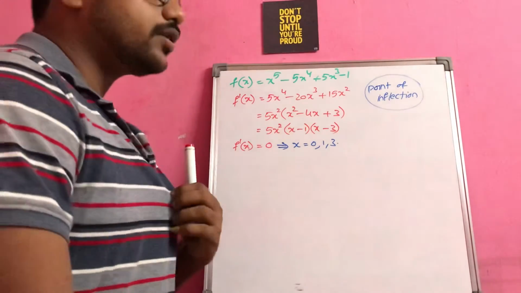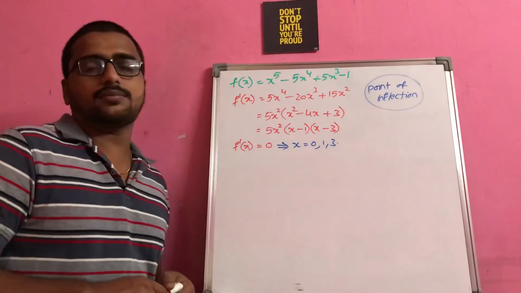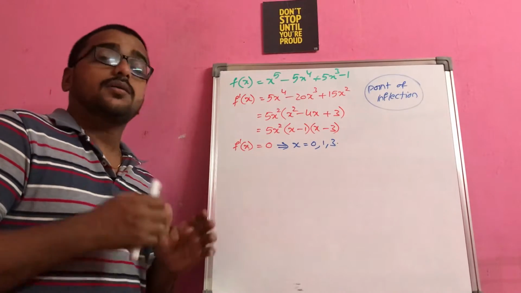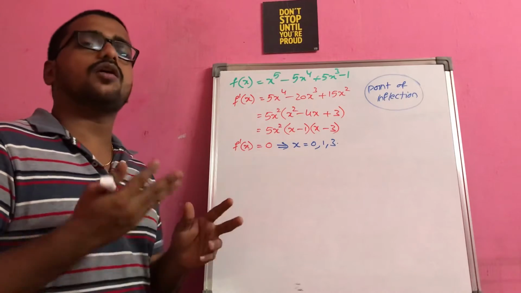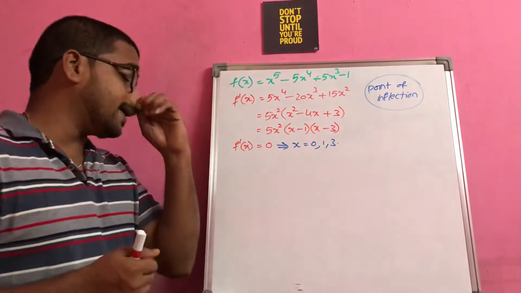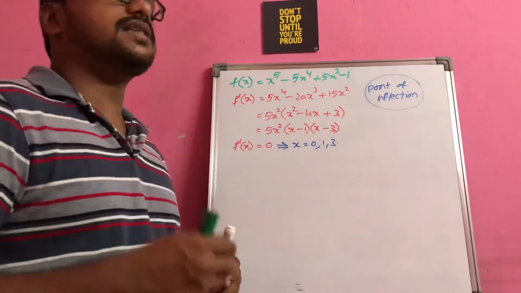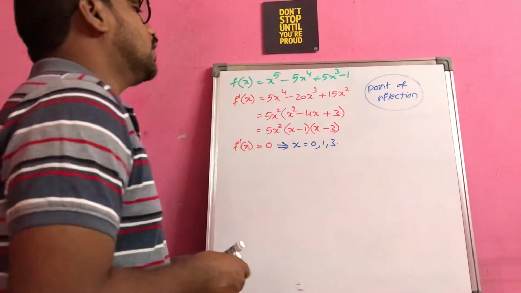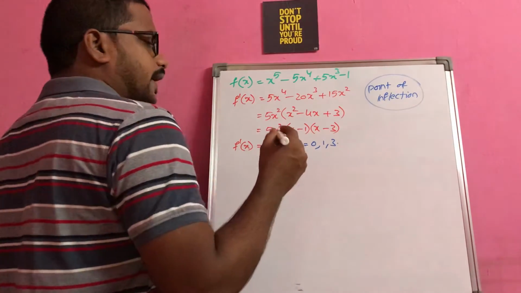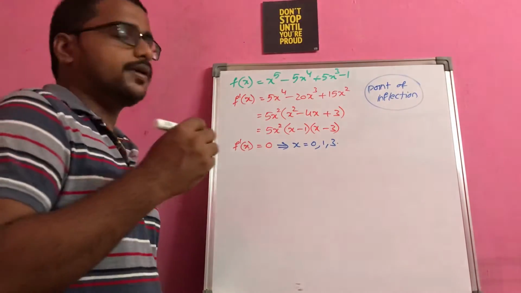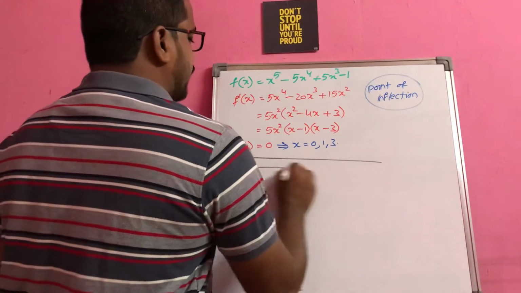Generally, in our previous board exams also, they never asked about the point of inflection. But if they ask a question on the point of inflection, how to solve it, for that sake only we are trying to associate this concept with the increasing and decreasing function. Okay, so usually what we will do, we will make a tabular column. I hope you remember the tabular column we draw for finding out where it is increasing and